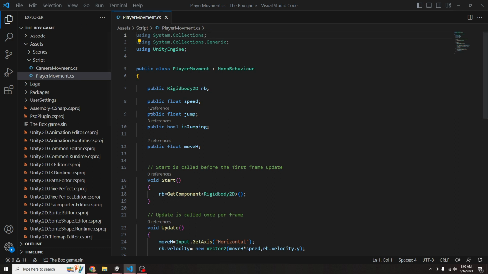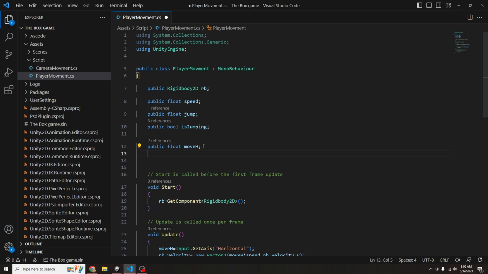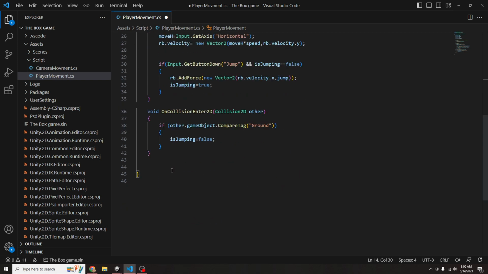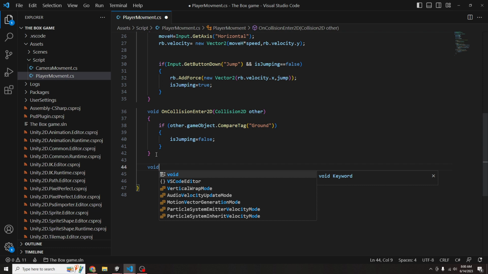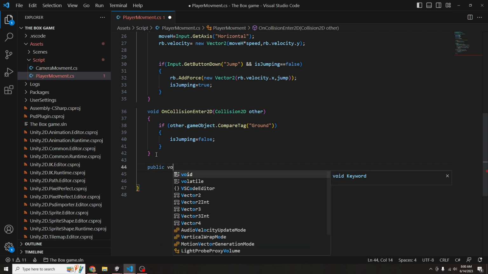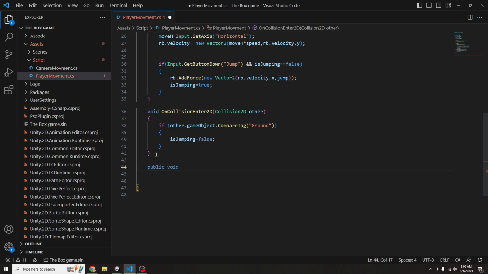Alright, so first thing we need to do is we need to make sure that we know what direction our player is facing. So to do that, we are going to create a bool, public bool, and this bool will be called facingRight, which means if I'm facing right, this bool will be true. If I'm not facing right, this bool will be false. Then we will slide all the way to the bottom and we will add a new void. This void, we are going to make it a public void, and we will get to why it's public in a minute. And then Flip,